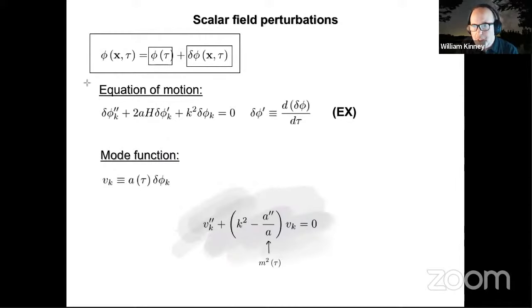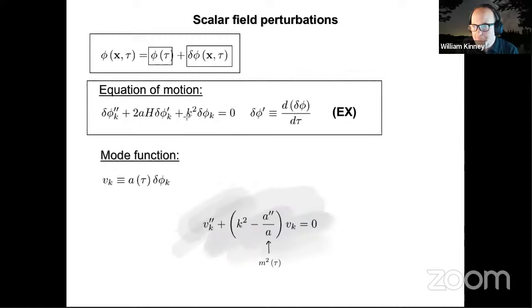For these quantum modes, I can't get rid of these k-squared terms at the start, right? So I can't assume that the field is homogeneous, so I'm going to have to keep gradient terms. It's straightforward to show, taking primes to be derivatives with respect to conformal time, that the equation of motion for these field fluctuations in a time-dependent background in this expanding Robertson-Walker space is given by this expression. And I leave this as an exercise to the student.